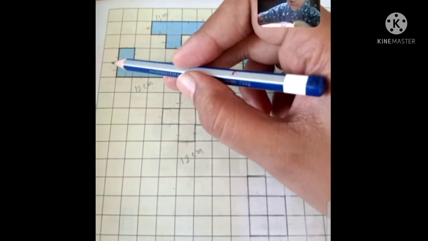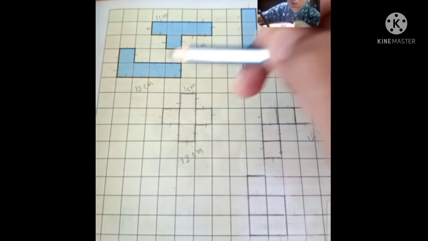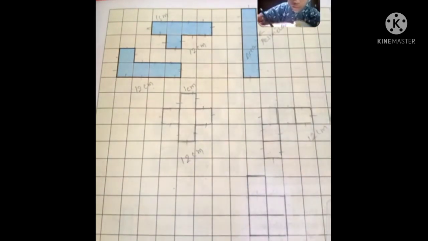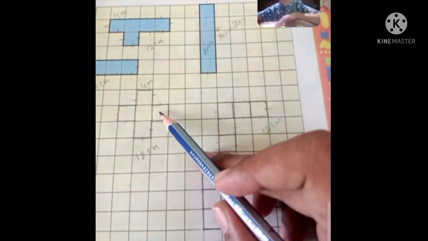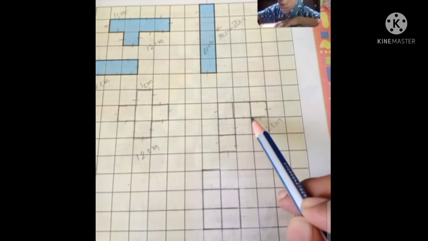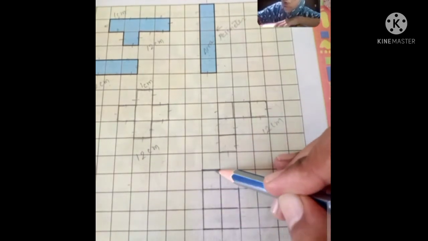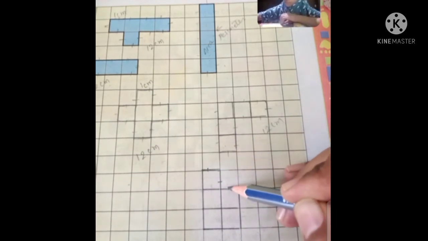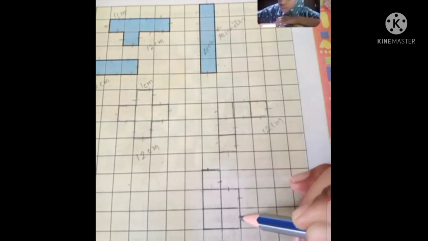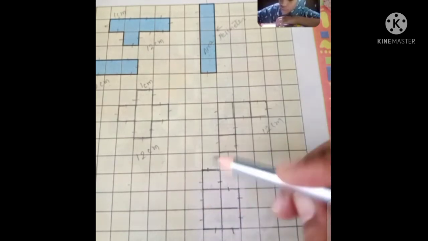So see, this is the 1 centimeter, so I put this line like this way. 1, 2, this one is 3, this one is 4, 5, 6, 7, 8, 9 and 10. You don't have to count this inside one because the boundary is this one only, right? This is the boundary. So that only you have to just count as per the measurement. So this shape boundary is a 10 centimeter. Are you clear? So this answer you can write as per your figure also.